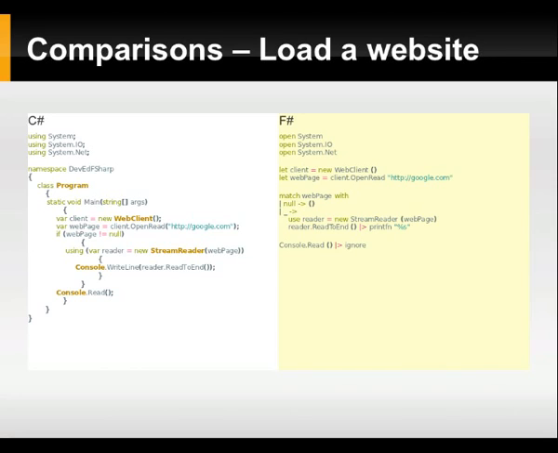And the little operator next to it, the little vertical line with the greater than sign, that's what's known as a pipe operator. It basically does what you would expect. It takes whatever's on the left of it and feeds it to the function on the right. So, for example, in that console.read at the bottom, if we'd written that the other way around with the ignore at the front,